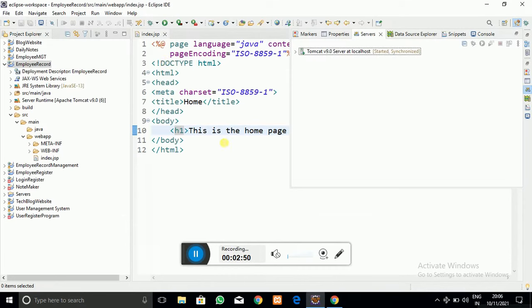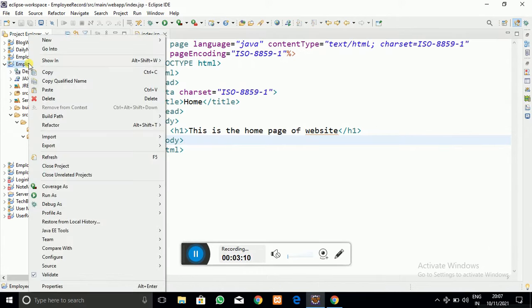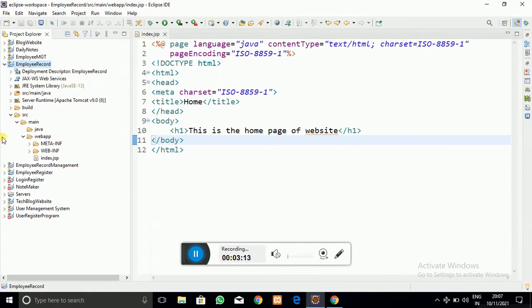So now let me create the proper project structure, that is, we are not going to just display this page, but we are going to design it also. To design it with various components, you have to make the CSS file. To create that, I am going to create one folder, and all the CSS files which are required, I am going to place into that folder. That folder should be parallel to the webapp folder.